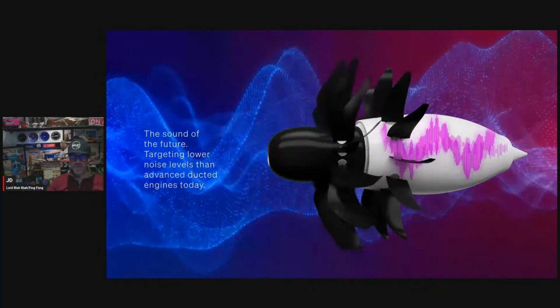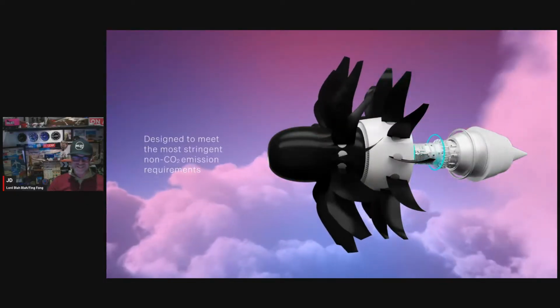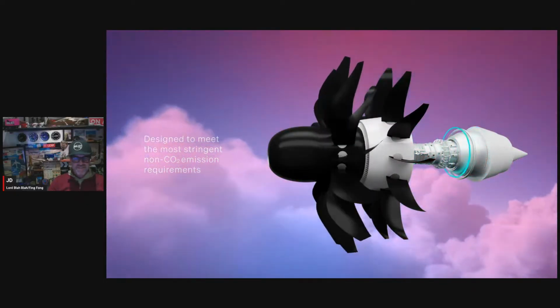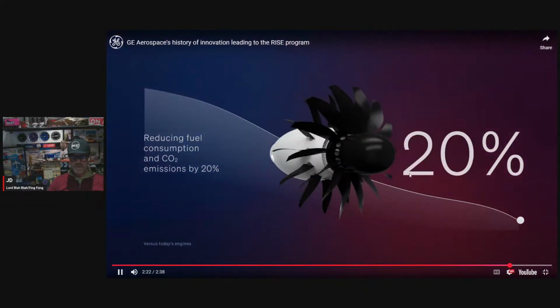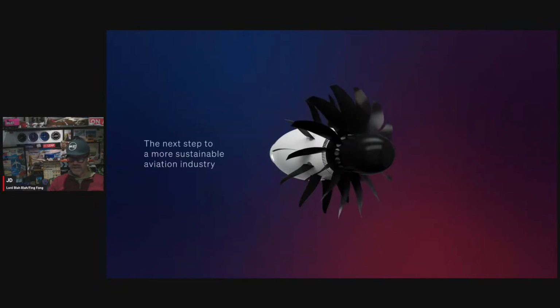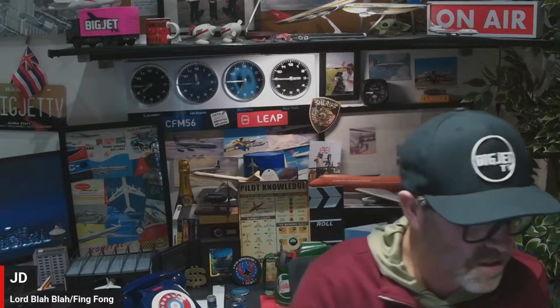Lower nose levels. You had to be there. Yeah, I like it. I think we all do. Everything's positive about it, isn't it? Everything's going down in terms of all that kind of stuff. How cool is that? I quite like the soundtrack to that as well. But there you go, folks. Let's just see what